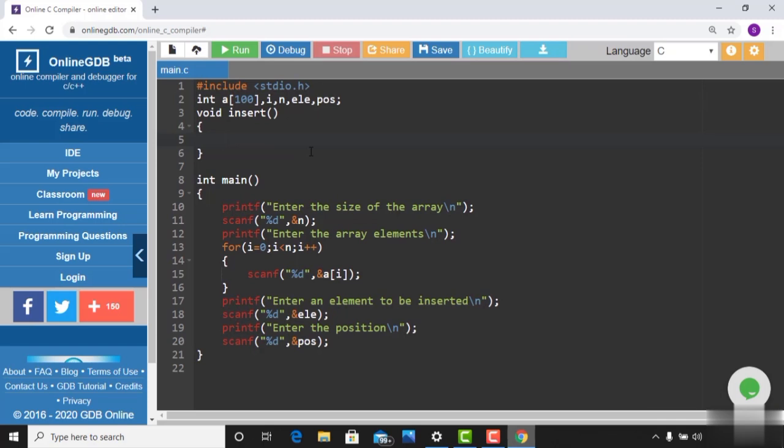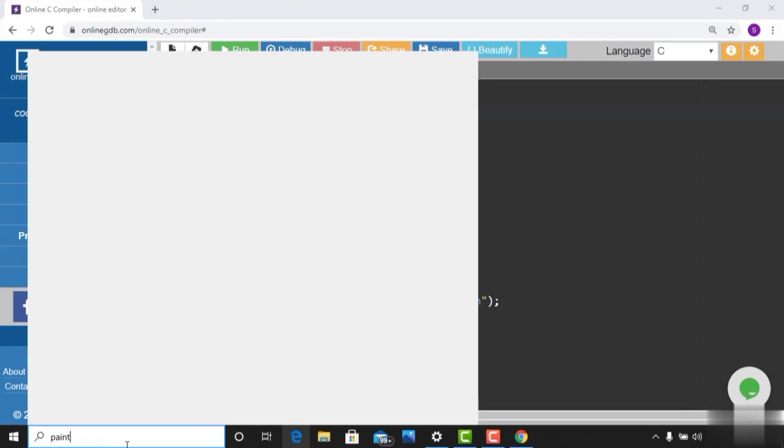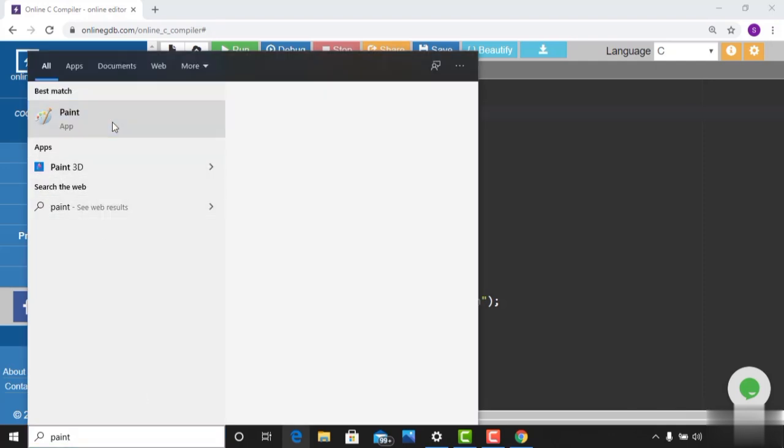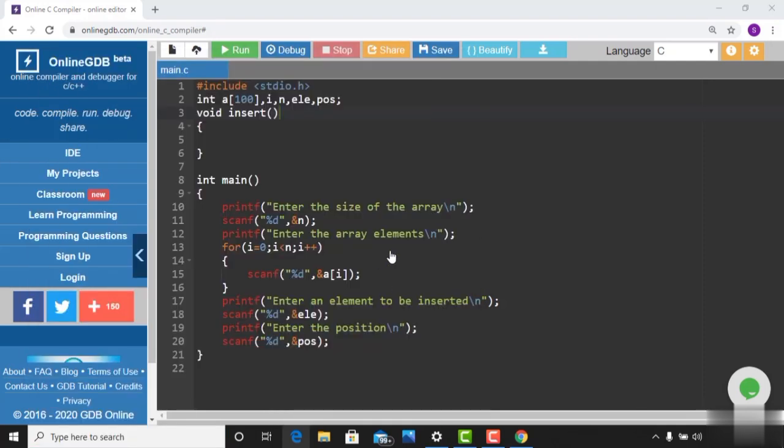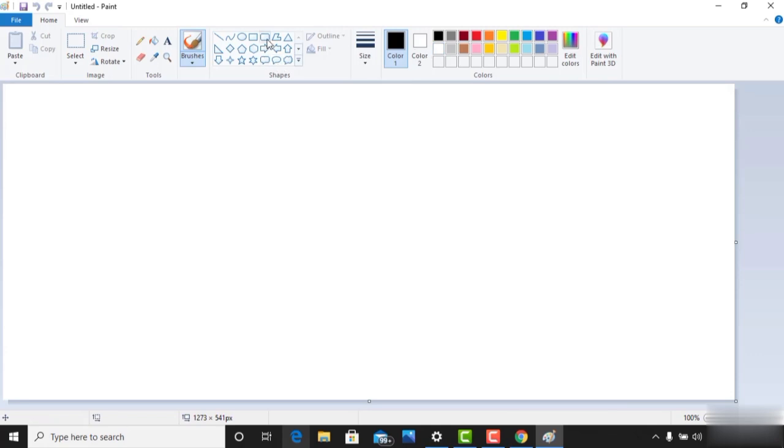Okay, void insert. So what did I tell you? You have to perform shifting. You have to leave that position alone and perform shifting from that particular position. Say for an example, let me take paint. Okay, hold on. So you have it like this. Here I'll have